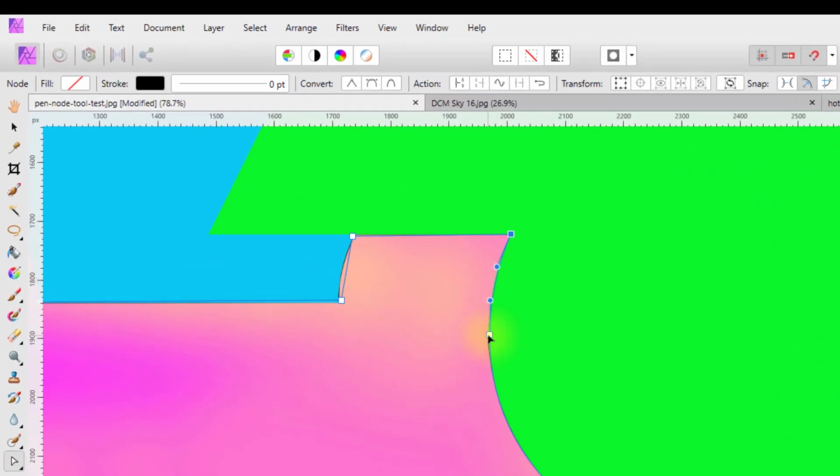Now this node might need to nudge out slightly to give you that much smoother circle. So I'm happy with that. I'm fairly happy with this one here. Bring this one nearer to the corner and then just nudge in this area there,